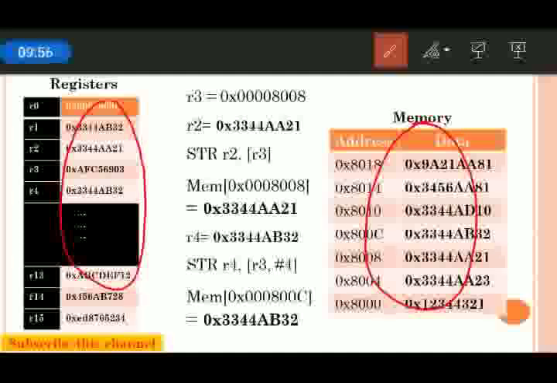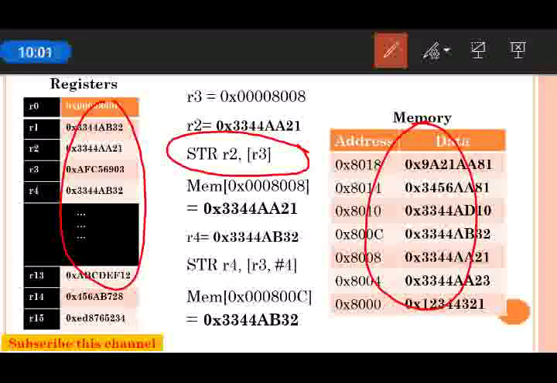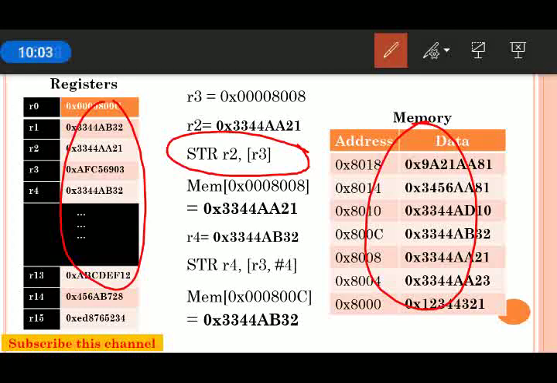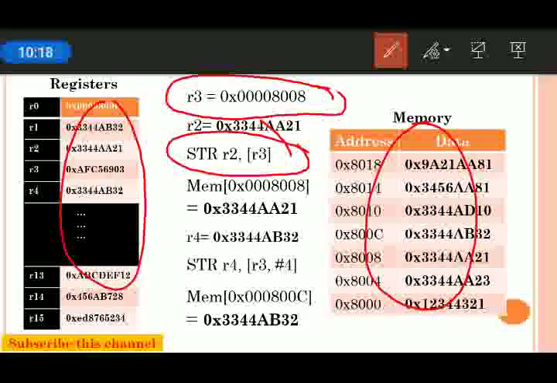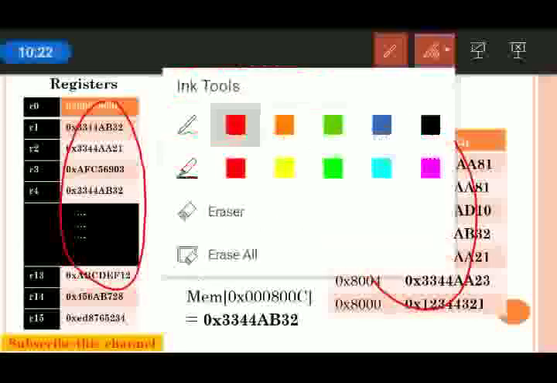Let us take the example of STR R2, comma, in square brackets R3. So R3 is given by 0x00008008. So this 8008 is the memory address. In this memory address we have to load the content of this R2.